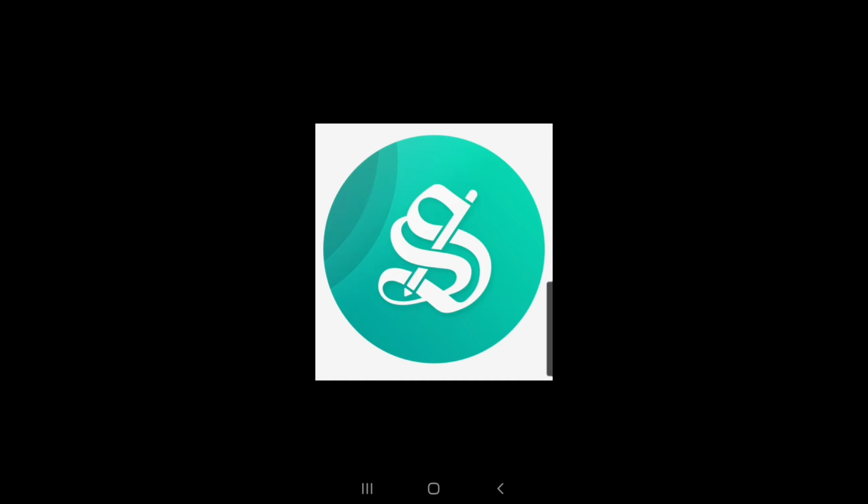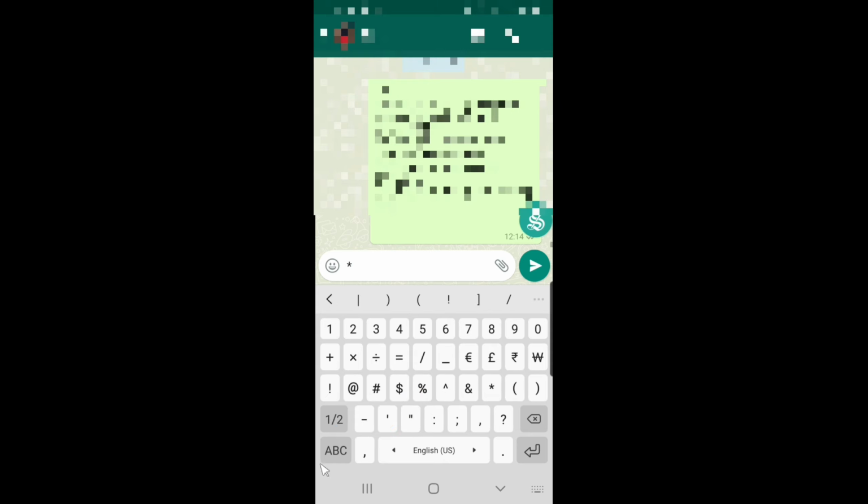So firstly I'm going to open the WhatsApp app. As you can see, I have opened WhatsApp. Now what we have to do is go to this option, and then click on this option, and type anything that we want.